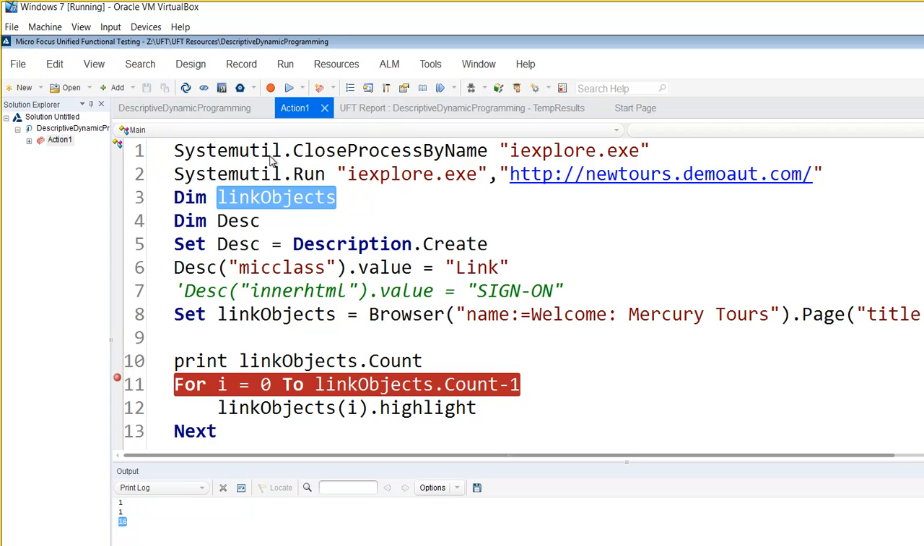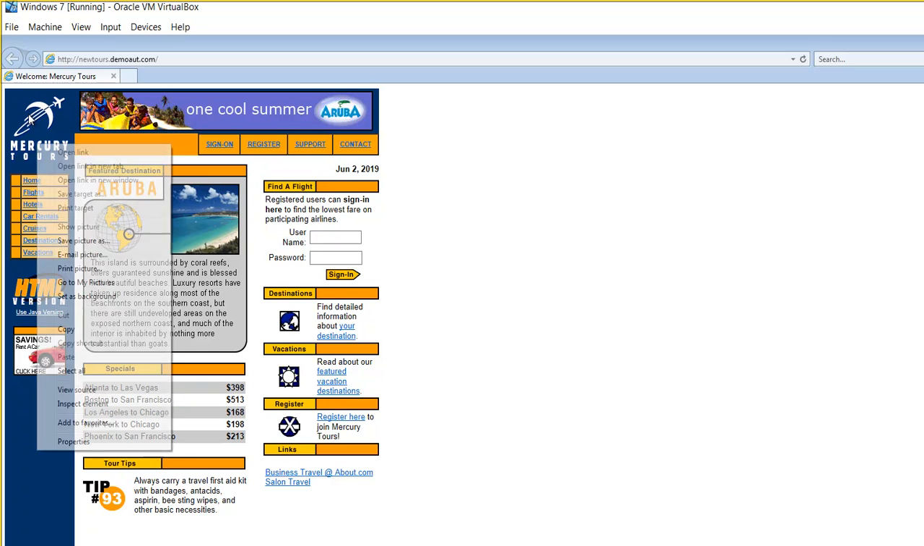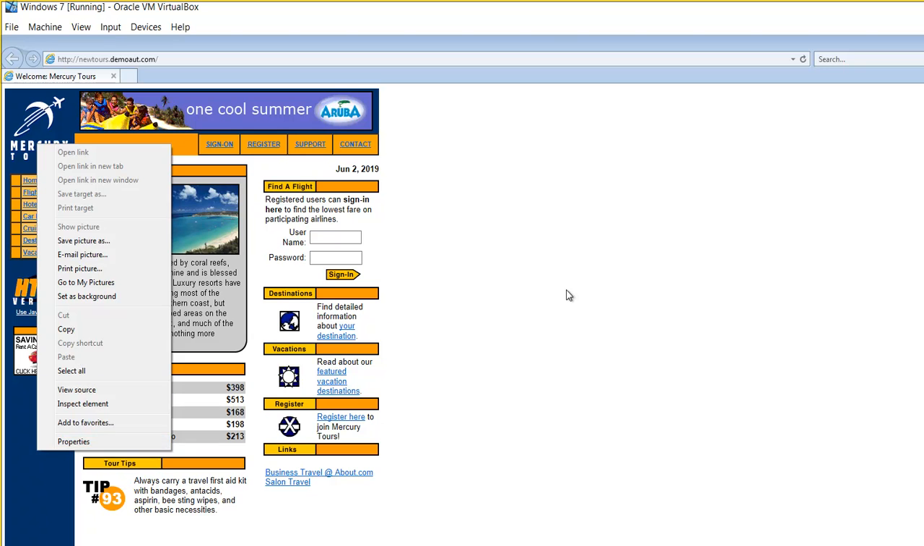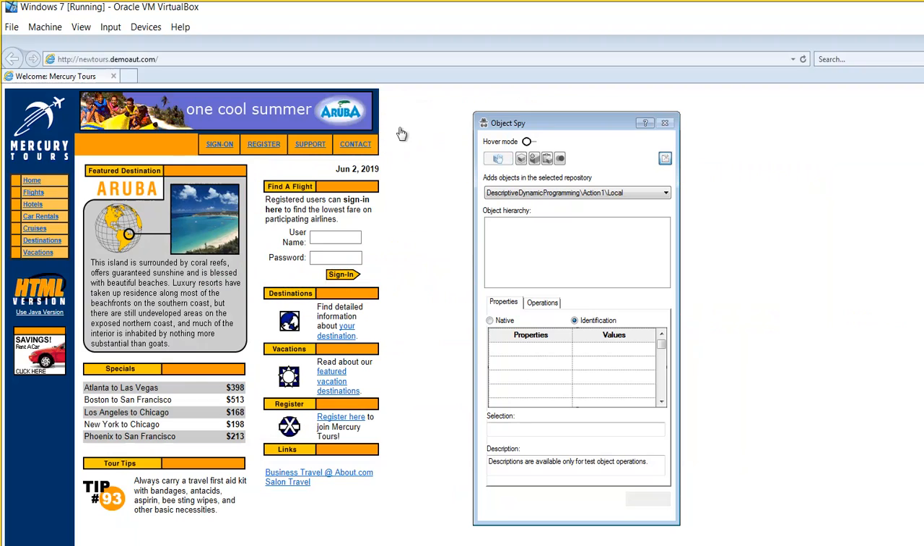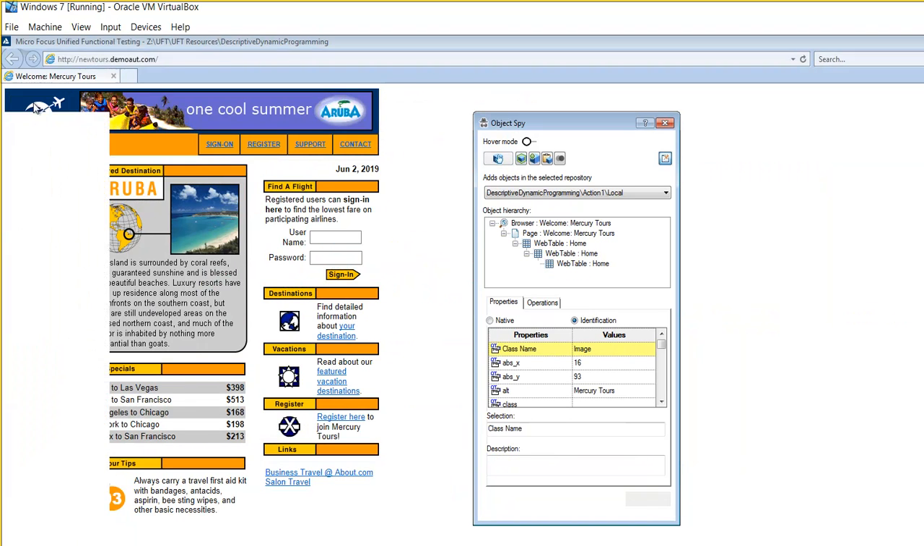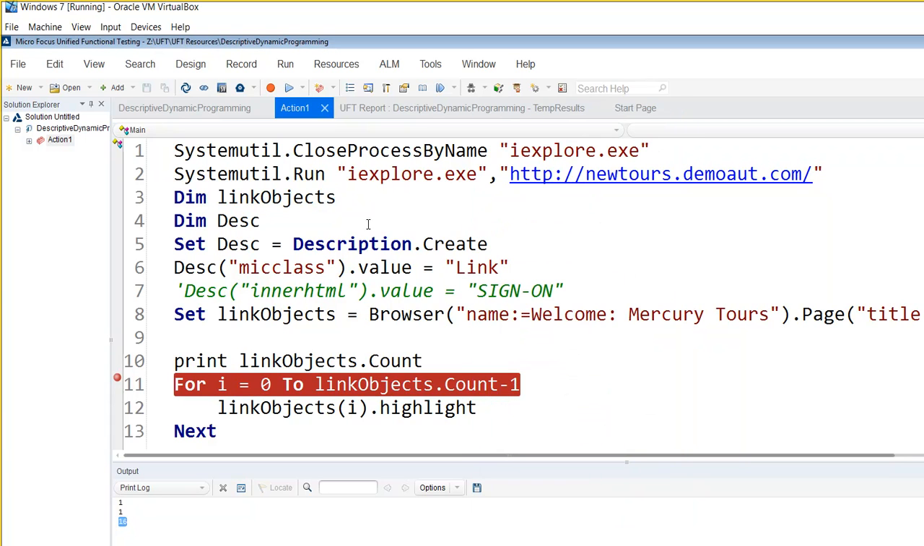Got it? Now, let's say instead of link, you know that we have many other types of objects. Let's say if you inspect this object, actually, if you take your object repository, can you see this is an object? And what is the type of that object? Image. So if you create a description of image instead of link, right? Now if you run it,